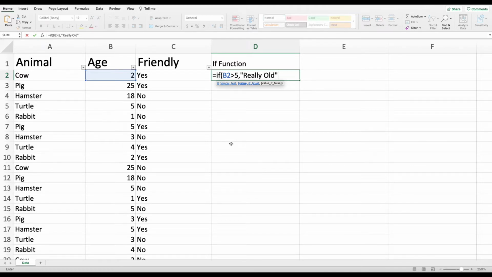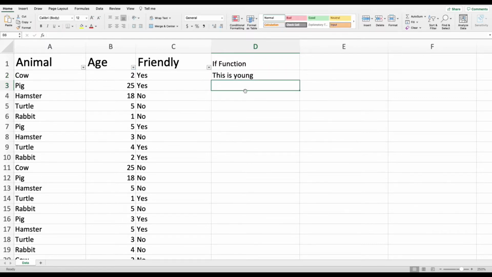And I want you to note that I put words in quotations. You should do this every time that you want Excel to shoot out a value that is a word and not a number. Just make sure to put it in quotes and that will work properly. I'm going to do a comma to move to value if false. And then very similarly, I'm going to say this is "young." I'm going to end the quotes, and then I'm going to put a parenthesis to tell Excel that I'm done with the function. I'm going to click enter,